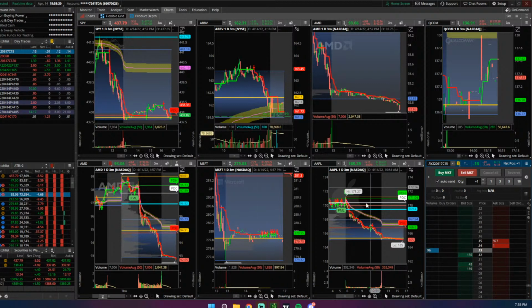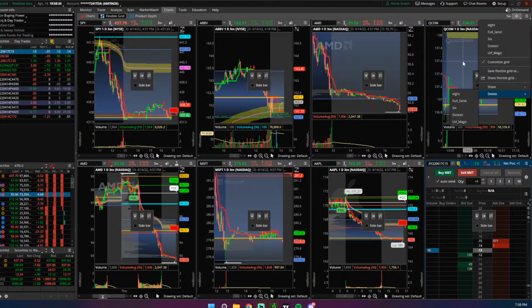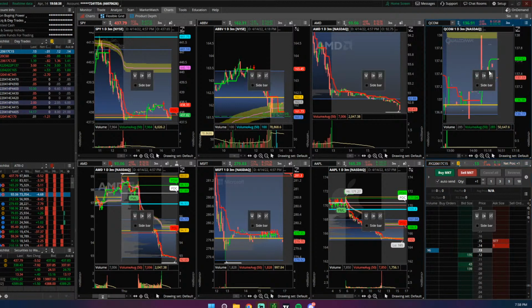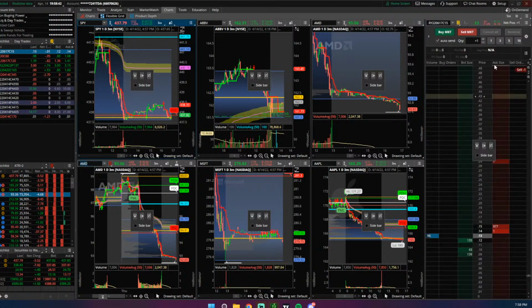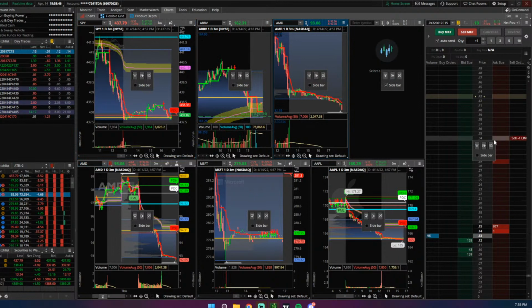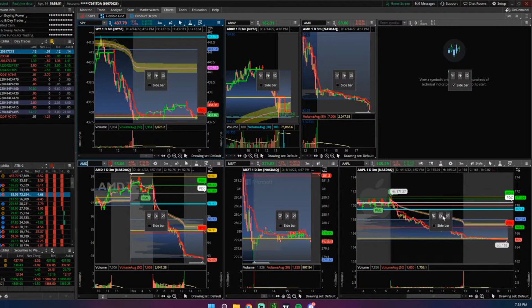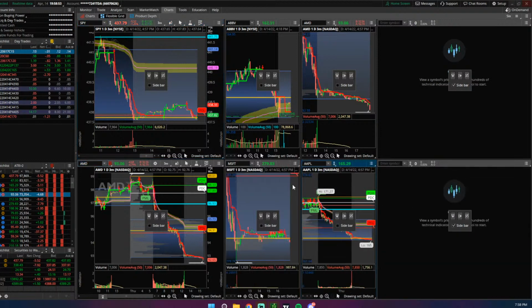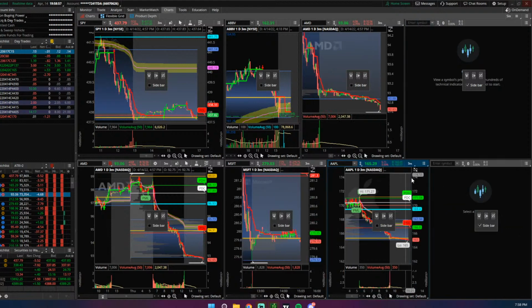If you're wondering how to set this up, you go up to this little grid icon and click on Customize Grid and you get this little box. So if I click here, it'll add a chart. Whoa, that is not what I was trying to do. Let's try again. Wow, I just completely messed up my whole grid. That's funny. I guess I can load it back in. But anyway,